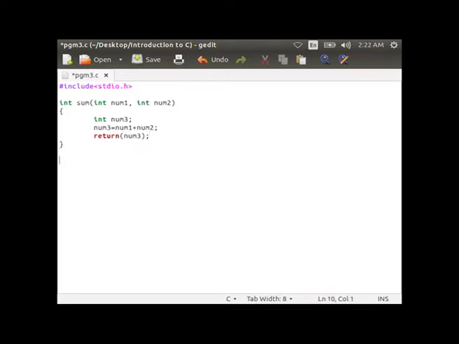This is your function. Now, you write the second function void PDT, int numA, int numB, then in the function body you can start the curly brace, int numC equal to numA into numB, printf product of two numbers is %d, numC.